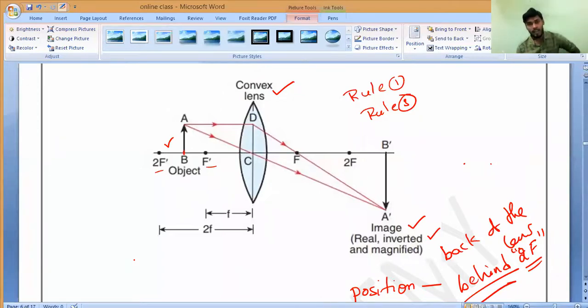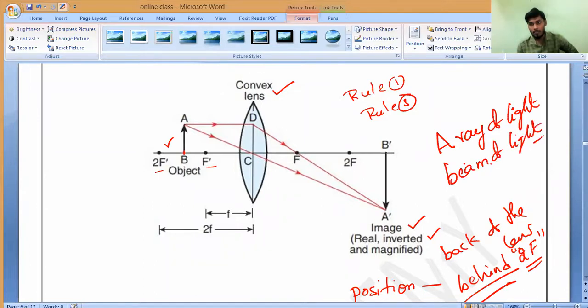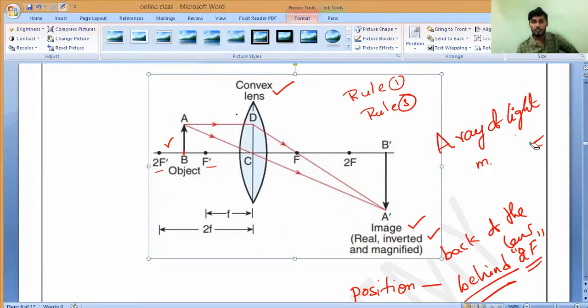What should you call it: a ray of light or a light ray? Always a ray of light, not a light ray. Always remember. If it is more than one ray of light, we should call it what? A beam of light. That is what you should remember. Many will write a light ray. That is wrong. We should always write a ray of light.